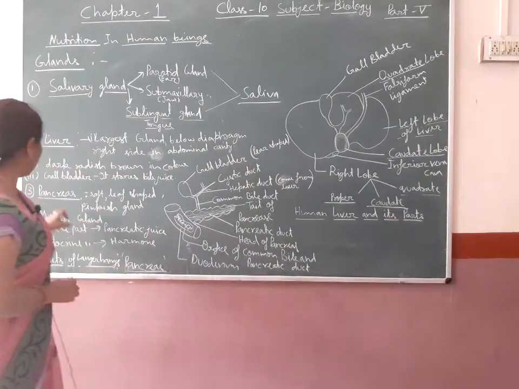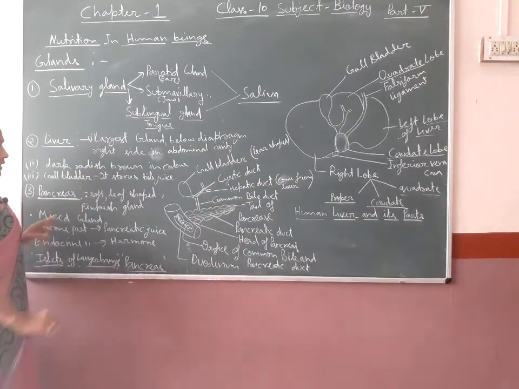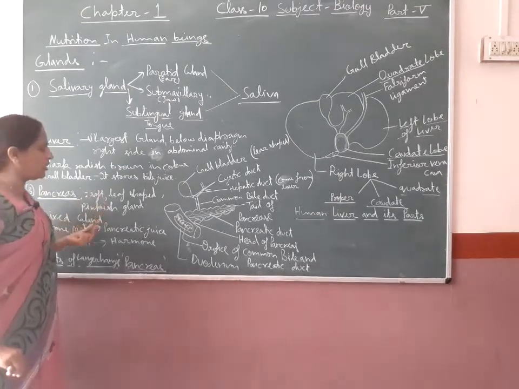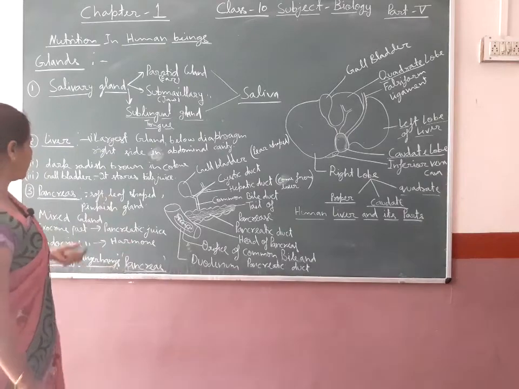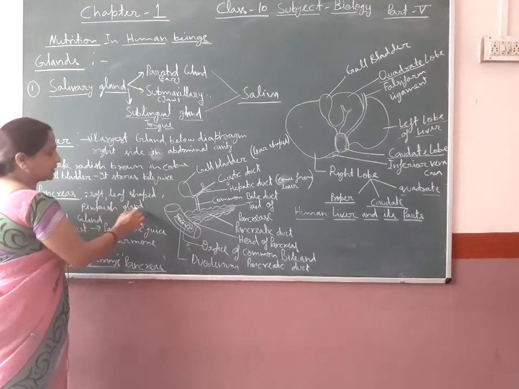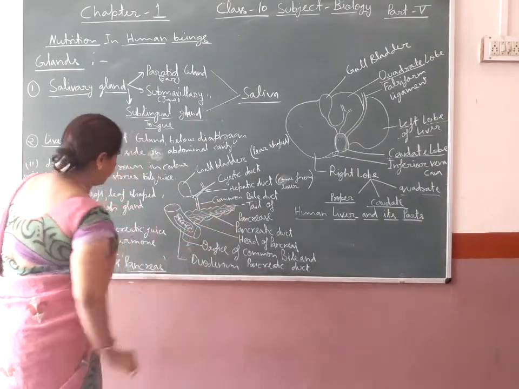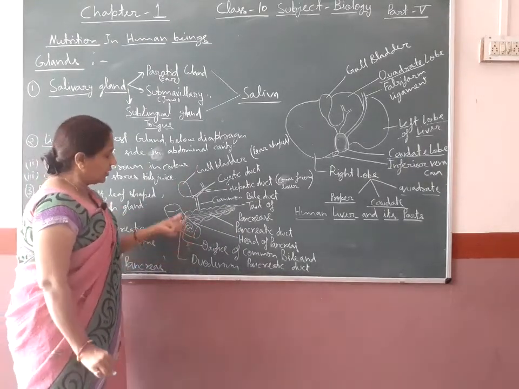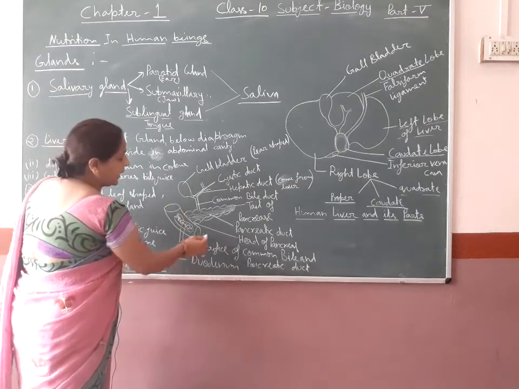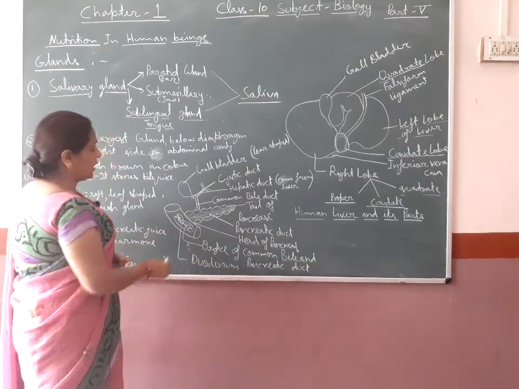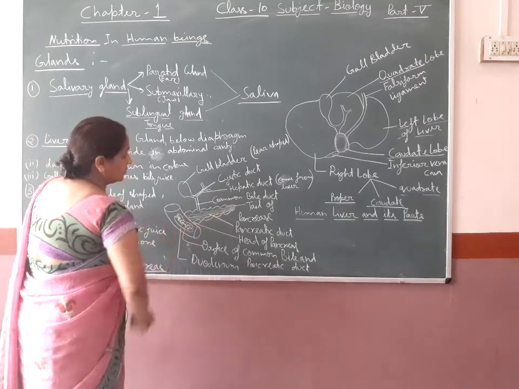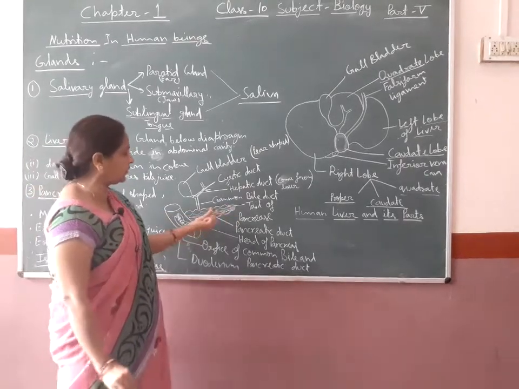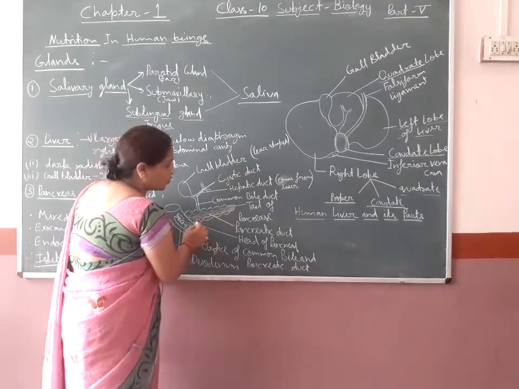So, third is the pancreas. It is the third digestive gland, which plays a very important role in digestion. It is a soft, lobe-shaped pinkish gland. It is seen in the figure. The pancreas is present between the stomach and the small intestine, at the duodenum. It is a leaf-like structure and it consists of two parts.